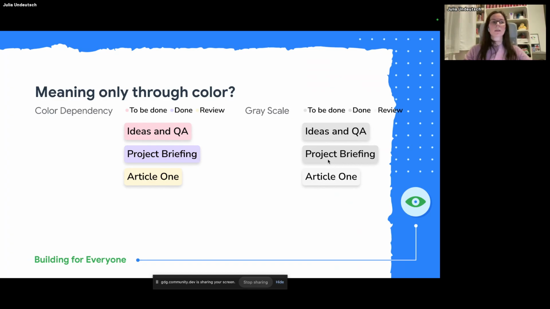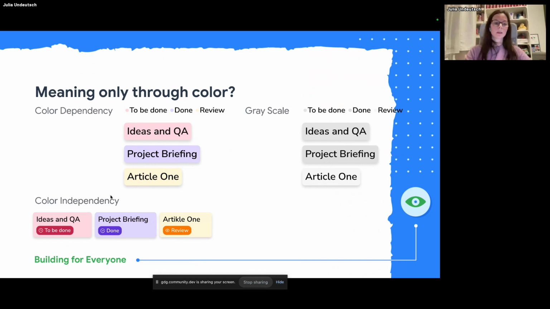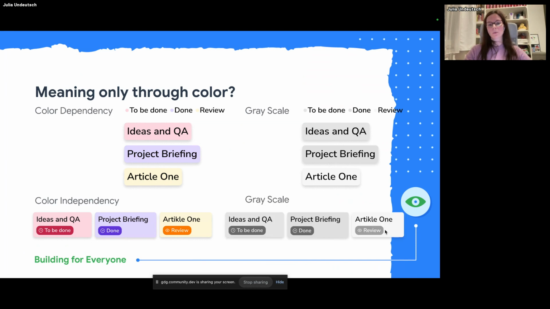And here we can also make use of icons additionally, or even not only icons, but maybe also icons and labels, and design the whole element differently, having the title of the to-do above, and then we have this icon which is different from the other icons, and also an additional label for the whole element which is different, instead of having the label over there, the description of what the meaning is over there. And these are also working when we look at them in grayscale.